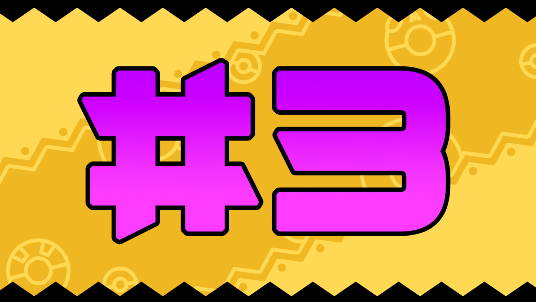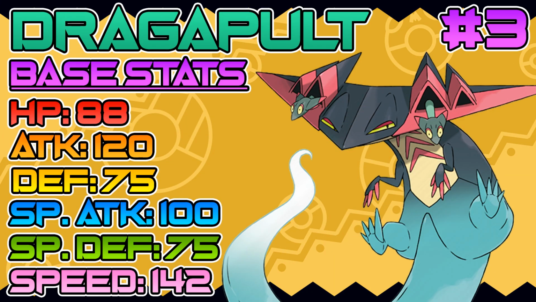Moving on to the number 3 slot. This is probably the most controversial one, but I personally put Dragapult at number 3. So, Dragapult's HP, its defense, and special defense are all solid, so it has good bulk all around. The attack is 120, and special attack is 100, allowing you to go either way. You can go physically offensive or specially offensive, and then the speed stat's 142, which is the fastest Pokemon in